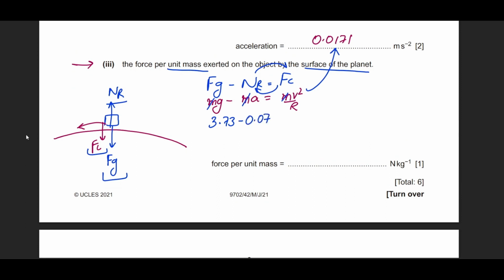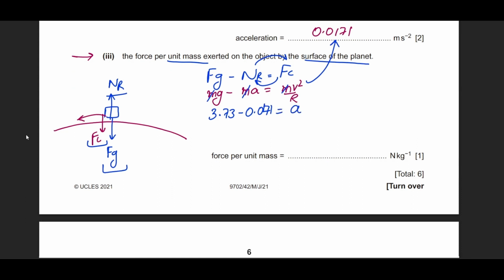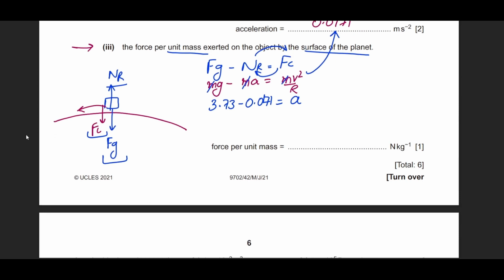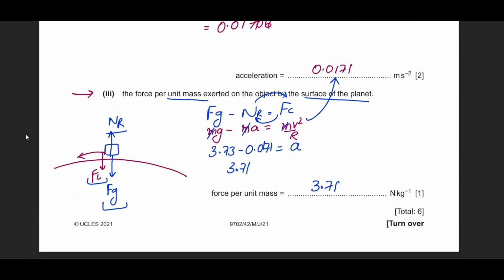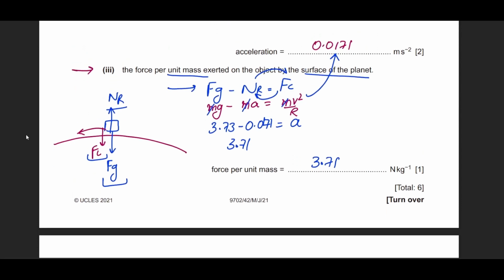So 0.0171 equals the centripetal acceleration, or at least force per unit mass due to the normal reaction. When you subtract this, it comes out as 3.71. So this is what's actually happening. The resultant of the gravity and normal reaction produces the centripetal force. Okay, all right. So because the Earth is moving, the normal reaction